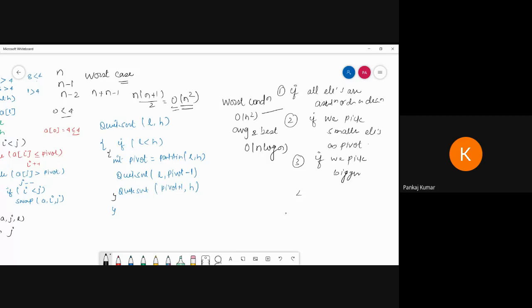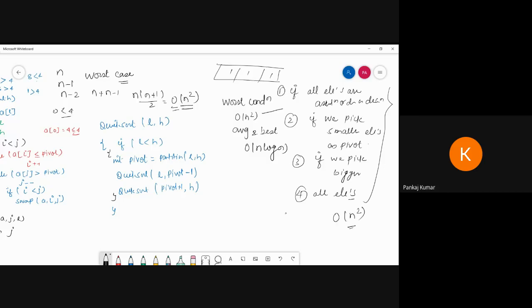And fourth, when all elements are the same, suppose all are 1, or all are 2, all are 5, all are 6, then you get the worst condition. In all four conditions, the time complexity is order of n square.